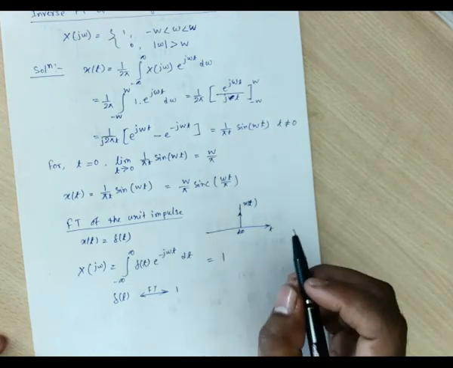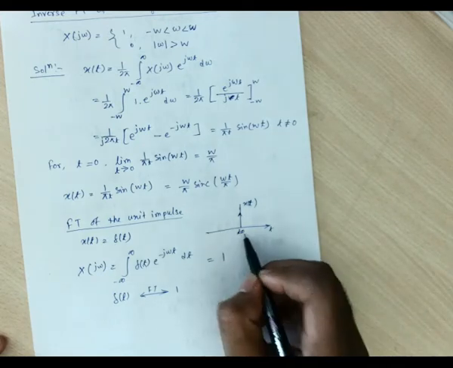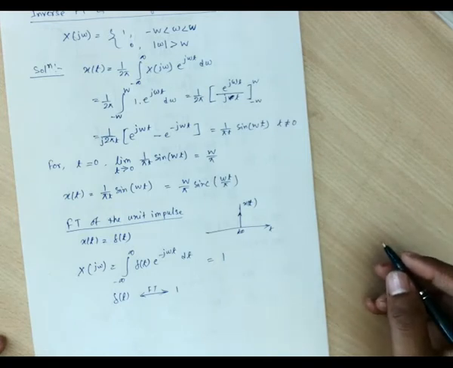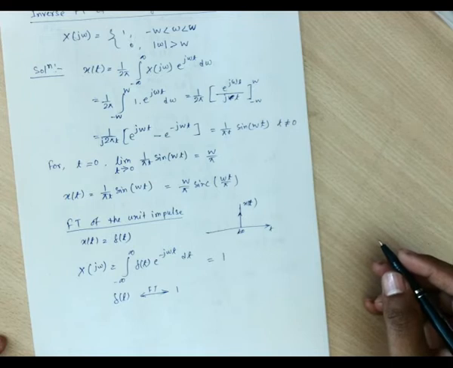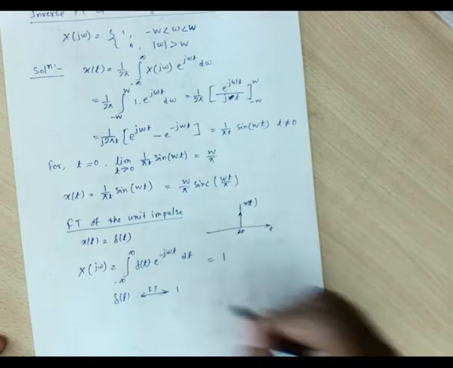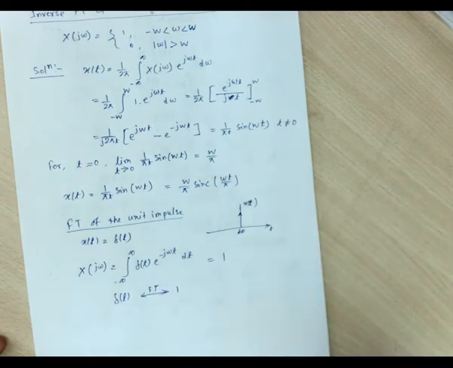So what was the problem? We have found that it has a discontinuity which is infinite in nature. But if we go with the theoretical process, it says it is not at all maintaining the Dirichlet condition. It is not at all satisfying the Dirichlet condition. But if we go with the numerical process, we can find out the value of this Fourier transform. So it is only possible for this impulse function.